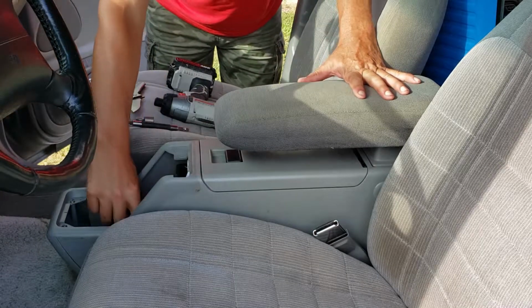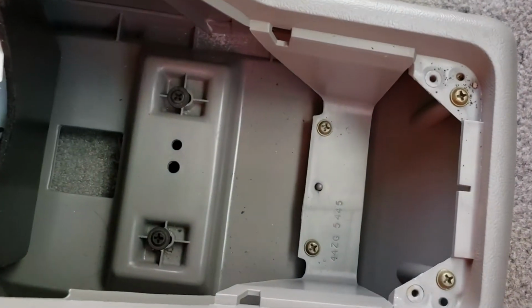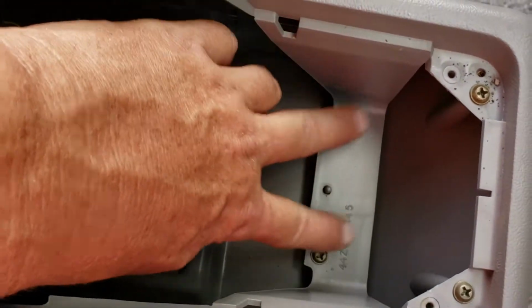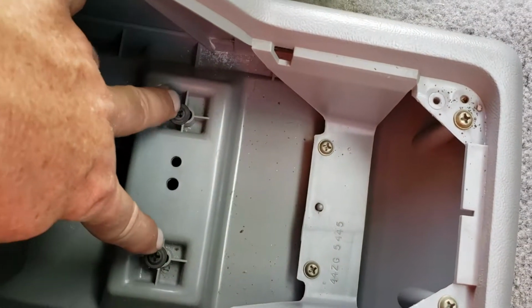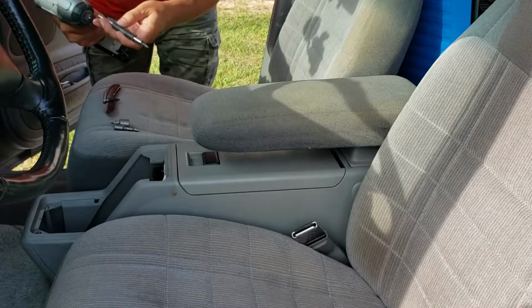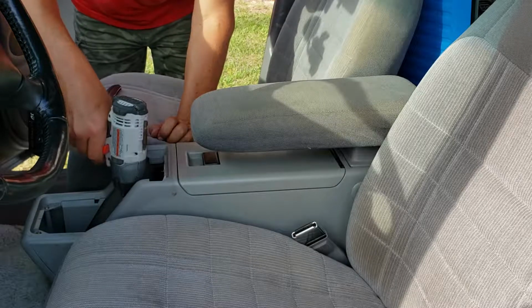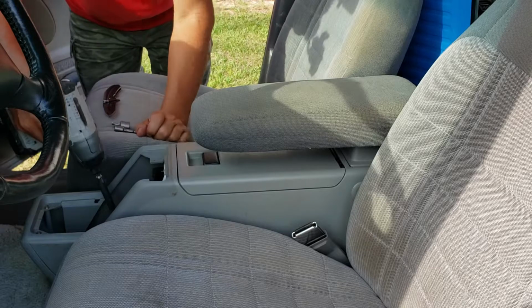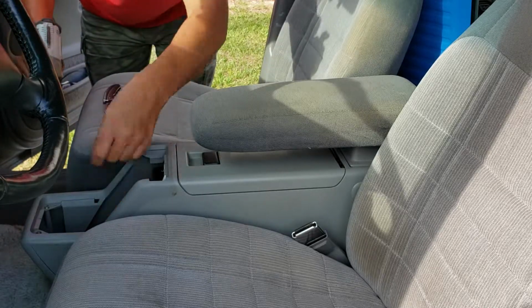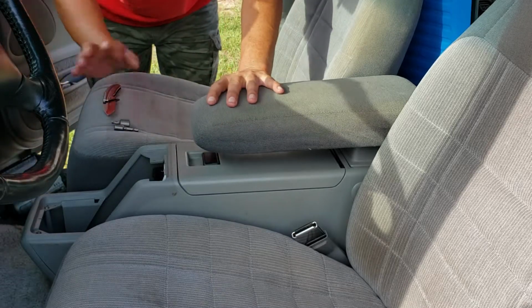Down in here there are 2 Phillips head screws. Right here are the 2 screws, the black ones here and here, not these. These stay, but you'll be focusing on these 2 right here. Just 2 screws, lay them to the side. The next thing you'll want to do